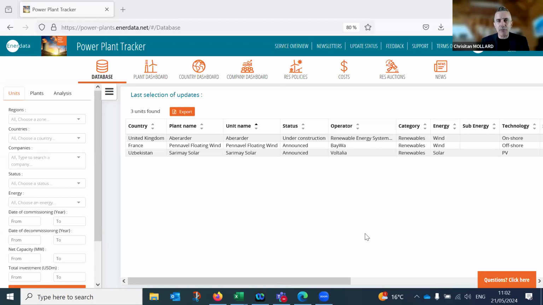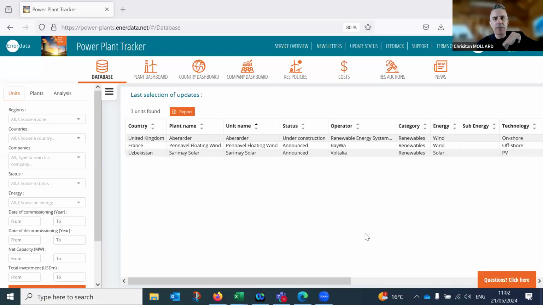We're based in the French Alps, and we have a subsidiary in Singapore. We're about 70 people. Our teams consist of economists, analysts, and researchers, and also some data scientists and modelers.